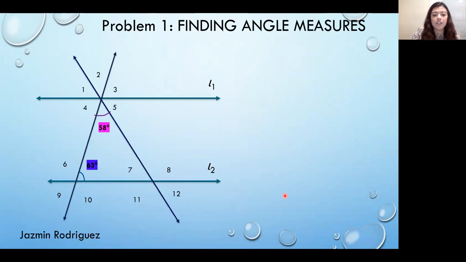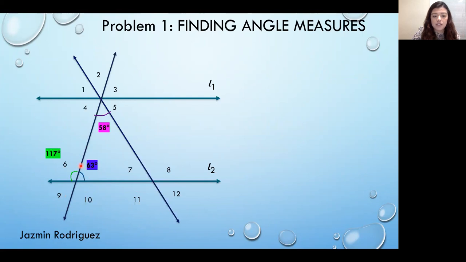Okay, so this is our first figure, and what's here is the information that has already been given to us. What we're going to do is identify the rest of these angles, but we're going to take it in sections so that we don't get confused. So we'll start off with this bottom left-hand side. We are given that this angle measures 63 degrees, and we can see that angle 6 is going to be supplementary to this angle. That means that this angle plus this will be 180 degrees. So the easiest way is to take 180 degrees and subtract 63 degrees to give us our angle 6, which